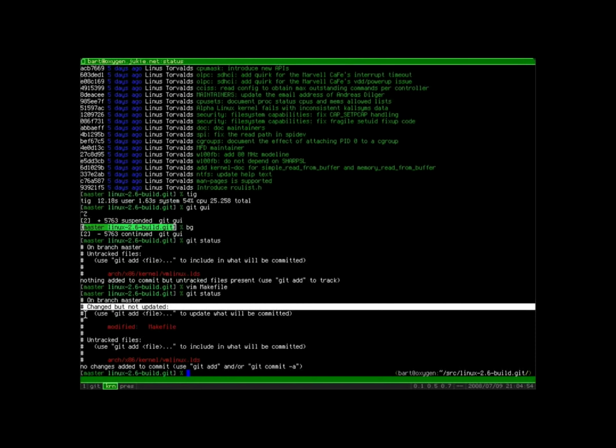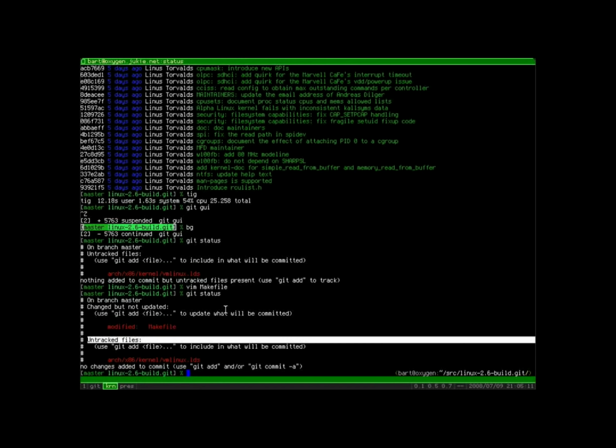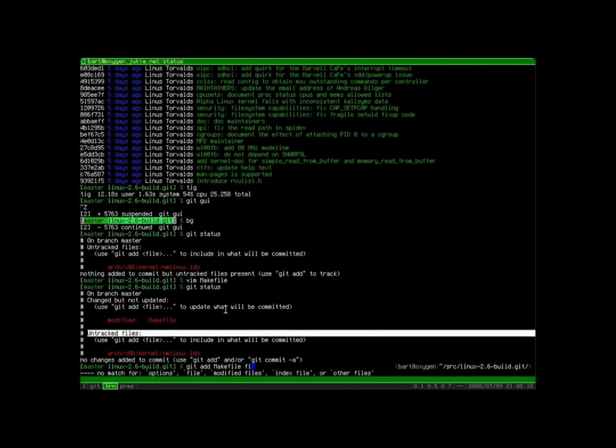So it's going to show me that I have a change that's been changed but has not been updated yet. It hasn't been staged. So I need to run git add to add this file that has been modified to the index in order to stage it. And it tells me that this file is untracked. So now if I do git add, as it tells me,